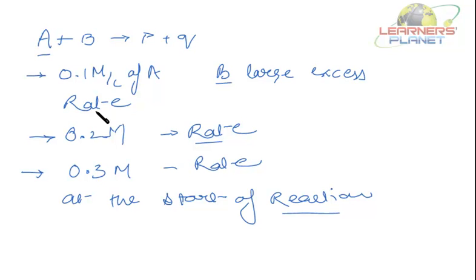Now the same procedure will be repeated for B. Say for A, the rate at the start of the reaction, that is the rate at 0 time, we can say, is equal to K, and A, that is the initial concentration, again just at the start of the reaction, to the power n. So rate 0 is the initial rate, A naught is the initial concentration.